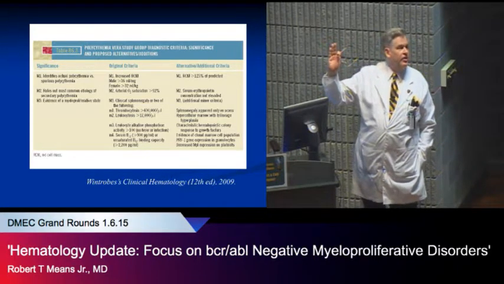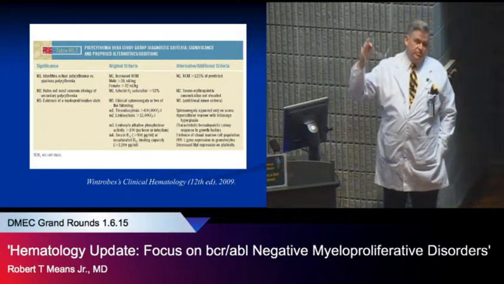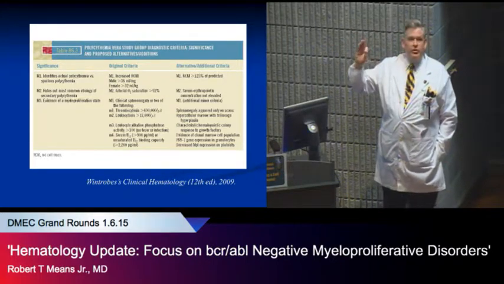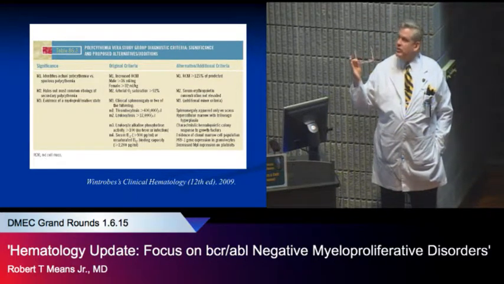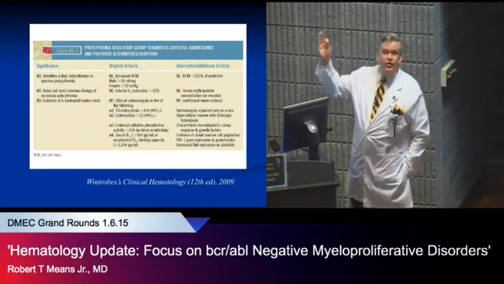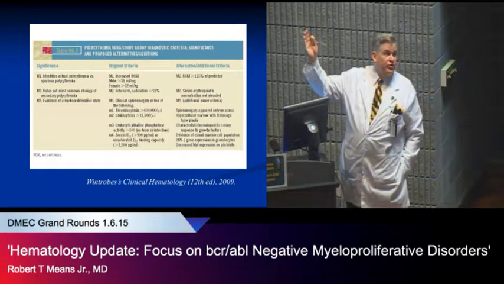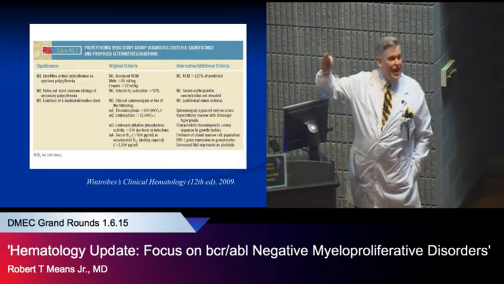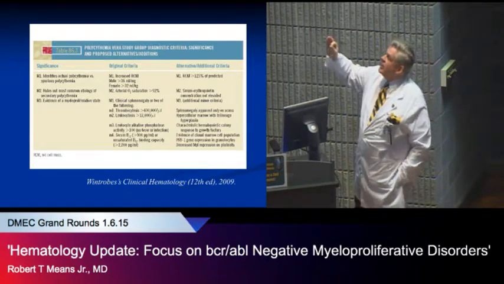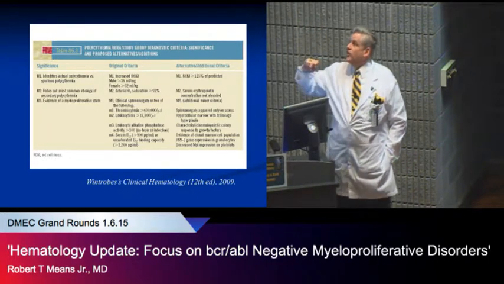We do find that if we control their blood pressure, which is not that hard, get them to lose weight, which is somewhat harder, or get them to quit smoking, which is frequently impossible, you can actually correct this. Sometimes it's referred to as smoker's polycythemia, which is a bad term because they don't usually have polycythemia. But in any event, the first criterion was that they would have polycythemia.